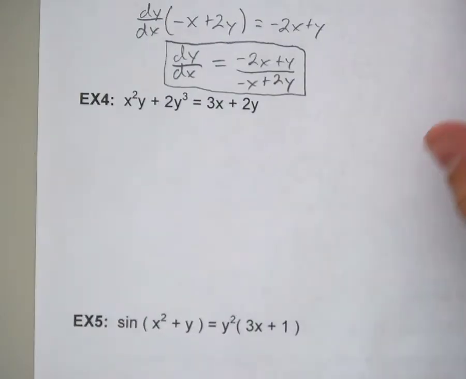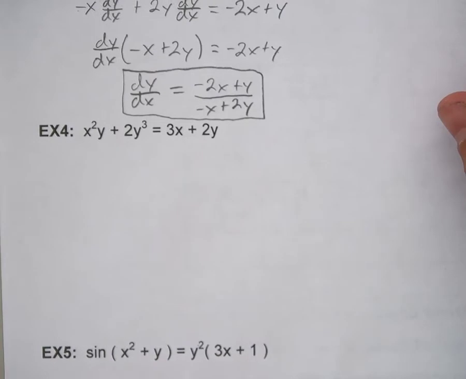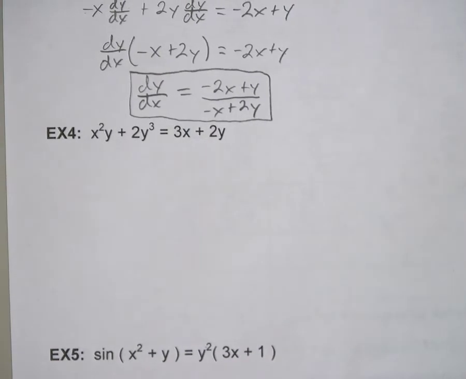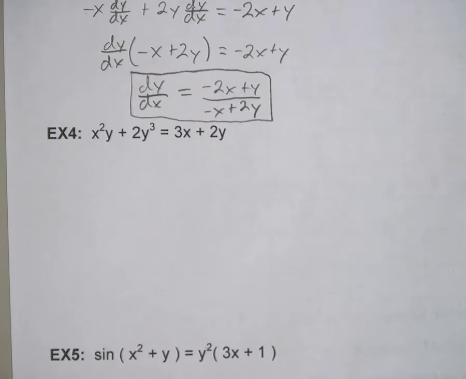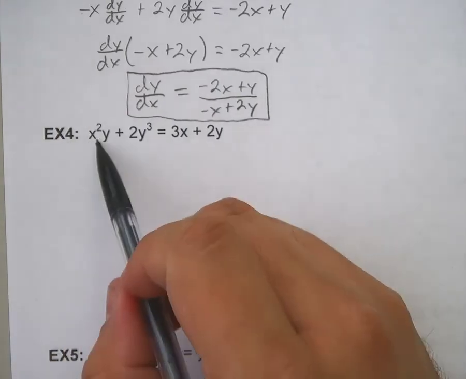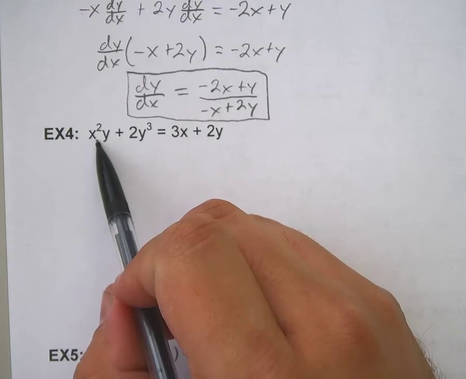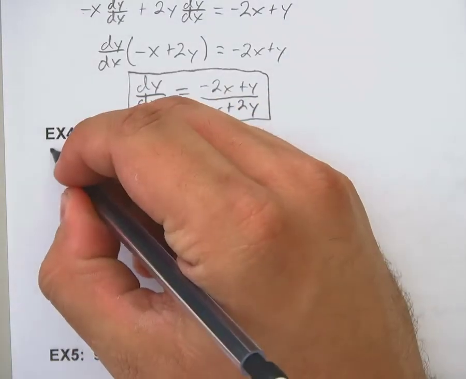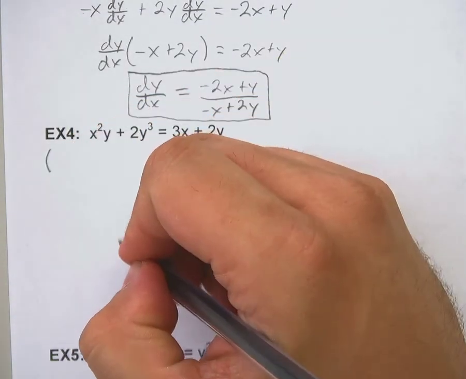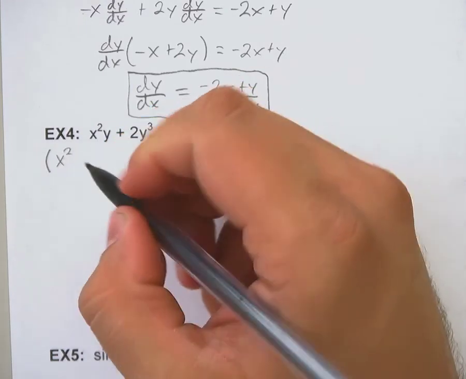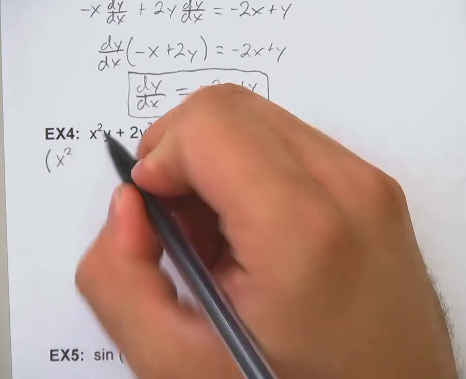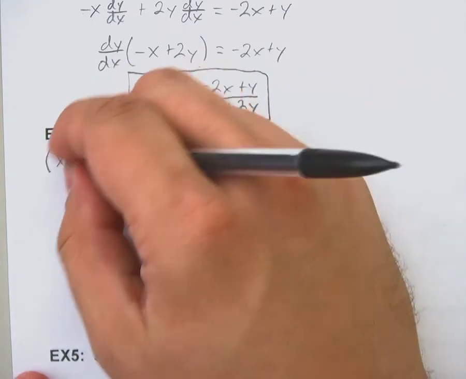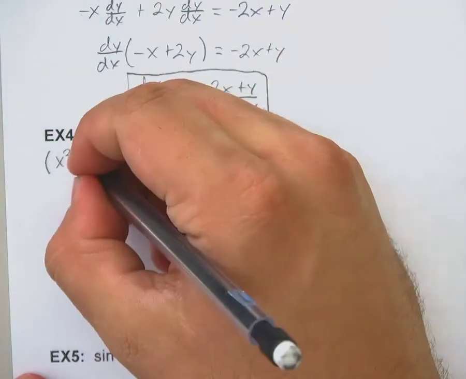Right, so let's try a couple more here, two more. First, you have x squared y and 2y cubed, equals 3x plus 2y. So I'm going to differentiate both sides. Now, the problem with this one, I've got a product rule. So I'm going to set myself up a set of parentheses. It's first, x squared, times the derivative of the second, so it's going to be 1 dy dx,